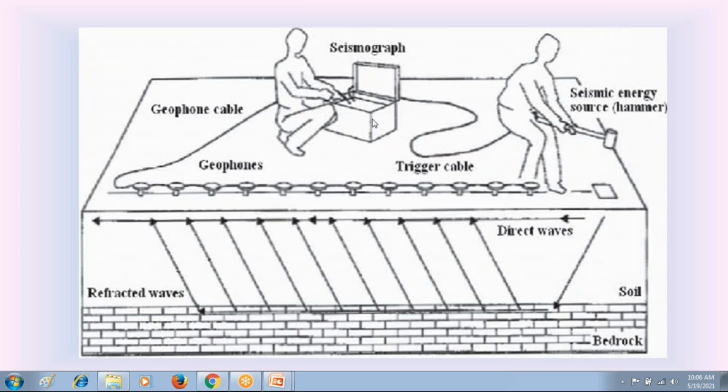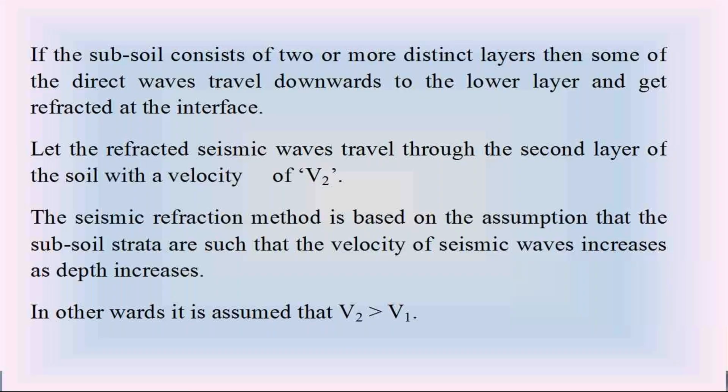So in this test, we have two details. One is the distance of the geophone from the source. The second one is the time of receiving the seismic waves by the geophones. By using that data, the time and the distance, in this test, we prepare a graph. The graph is prepared in this experiment.